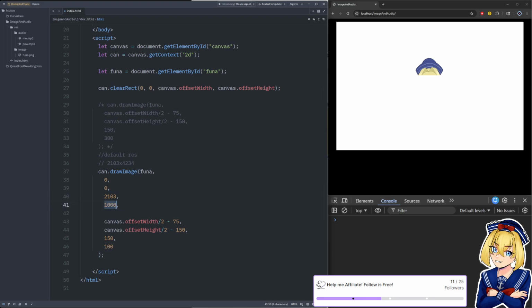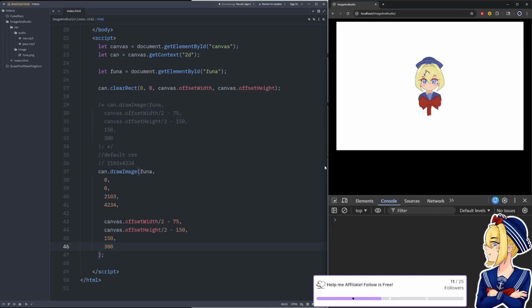So let's look at a horizontal sprite sheet as well. If we had 4234 here, that's going to be the whole image that we're trying to fit into this small section, right? Let's put this back to like 300, so it looks a bit more like the whole image. And then let's cut into it and only get a sliver of the width.